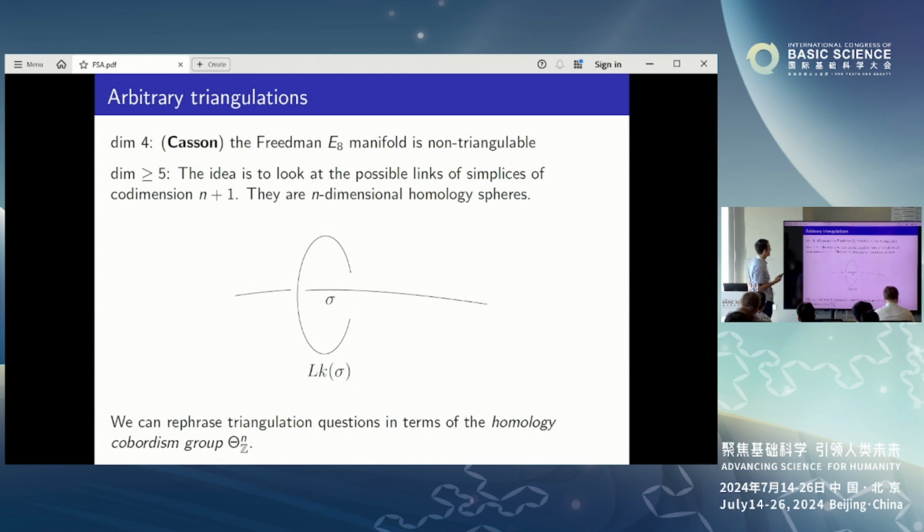The idea is that to study triangulations of manifolds, you look at the links of simplices. So if you had a triangulation, you look at a simplex, and you look at, again, all the simplices that contain it, and you take the boundary of that. That's called the link. That's kind of a picture of a link. If you had a vertex, remember it was something that looked like a sphere, usually. And in general, this also looks like spheres. You can show that they are homology spheres. They have the same homology as the sphere. So the links are homology spheres, and basically it turns out that you can rephrase.